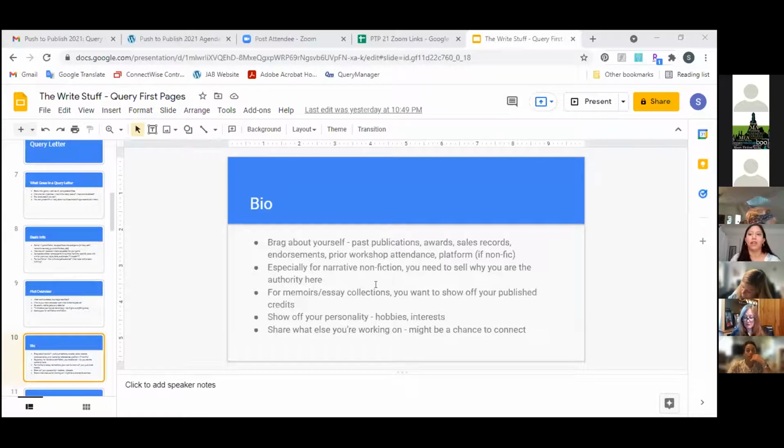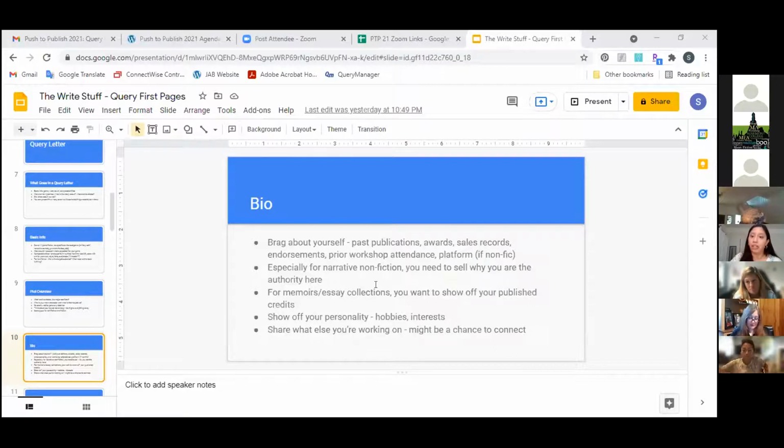Endorsements, if you have any. For example, you guys talked a little bit about networking and beta readers. If you are in a writer's group where a friend may be published already and they're willing to say something about you, where they read your work while you were workshopping it, and they said, author so-and-so is in my writer's group and she said this was great, that's something good to know. If you attended workshops like Clarion, obviously the Iowa workshop is very famous, but there's also other major workshops that if you attended, you want to talk about.